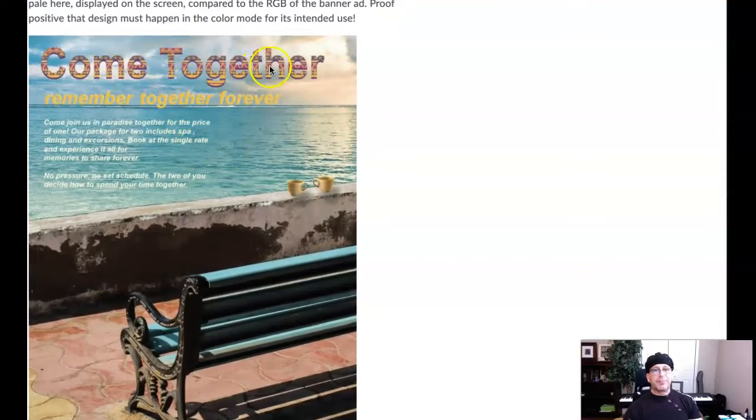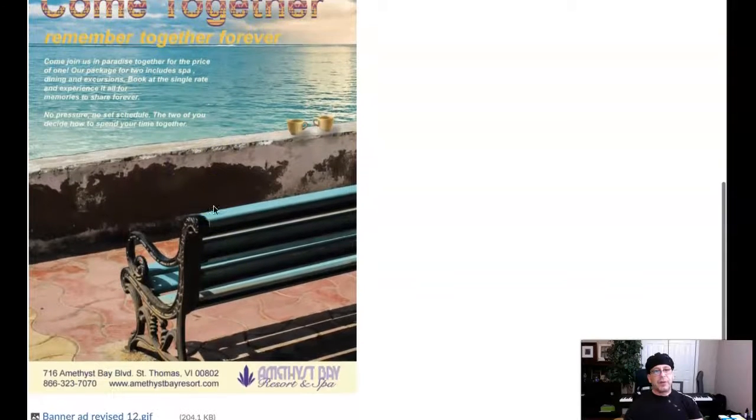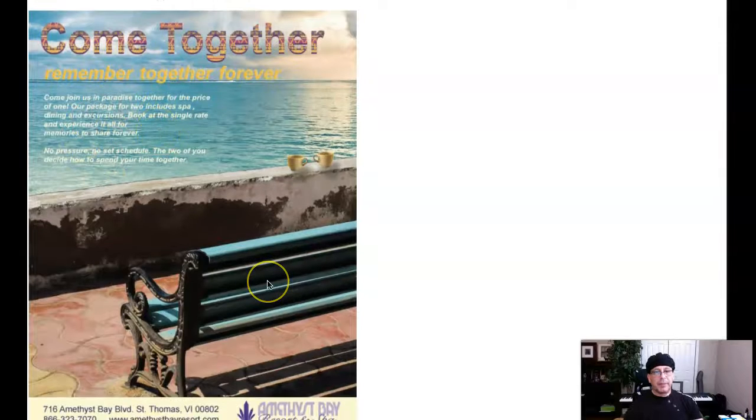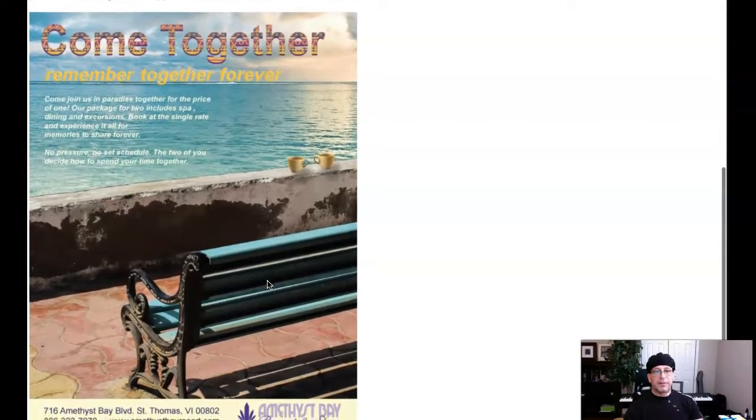Okay, I'm still not sold on the texture in the type. I think it's a great technique, but I'm not real sure we need it. Right now, I think it's drawing a little too much attention to that area. My recommendation is just to use one of the colors. Stick with the colors. So purple, maybe teal here, or white, and then white for the body copy. Or, not even pure white, but something maybe just a little off white so that it doesn't advance too much